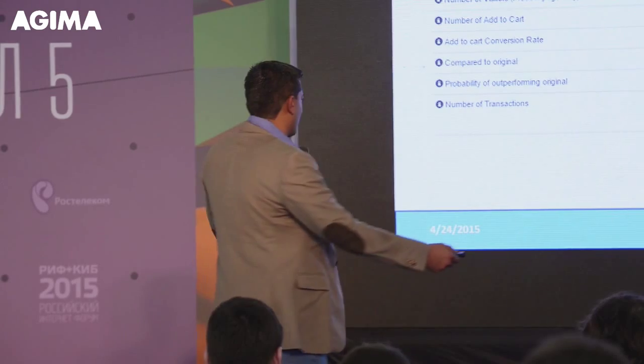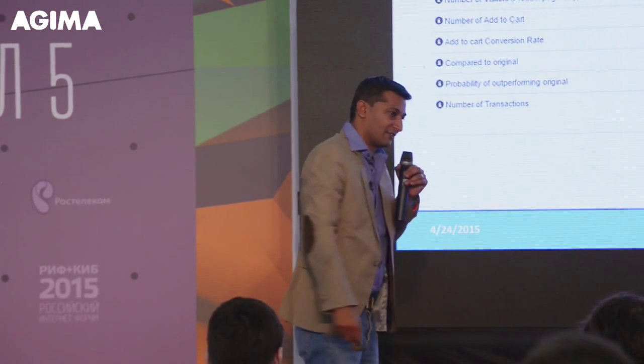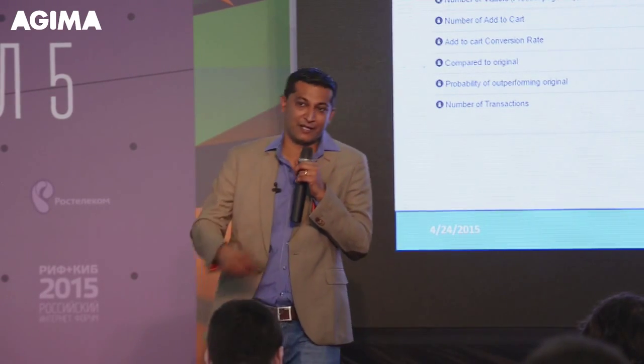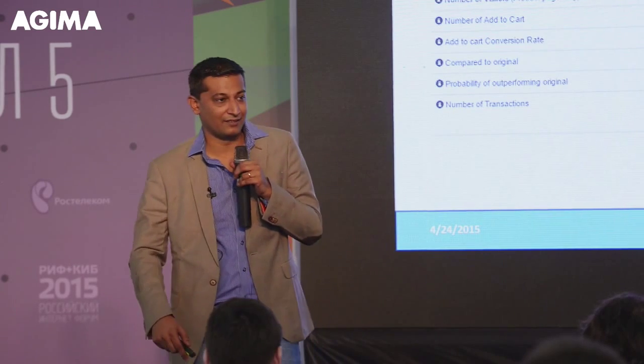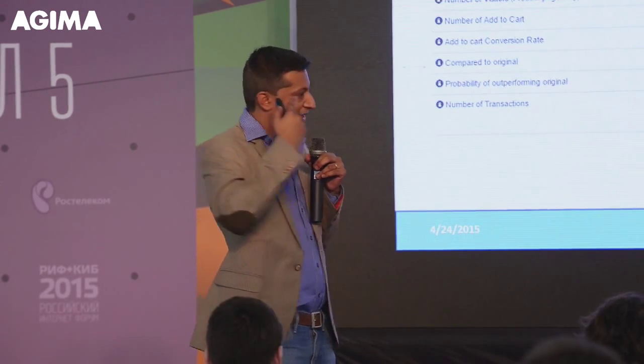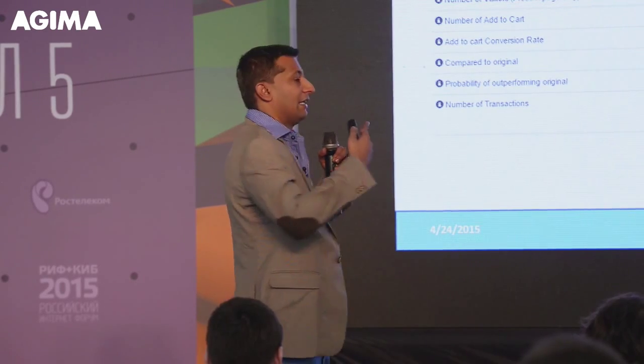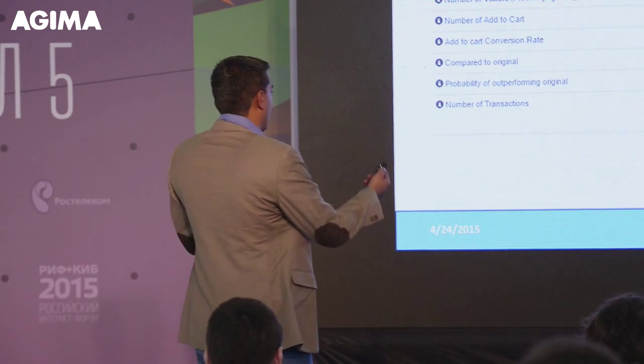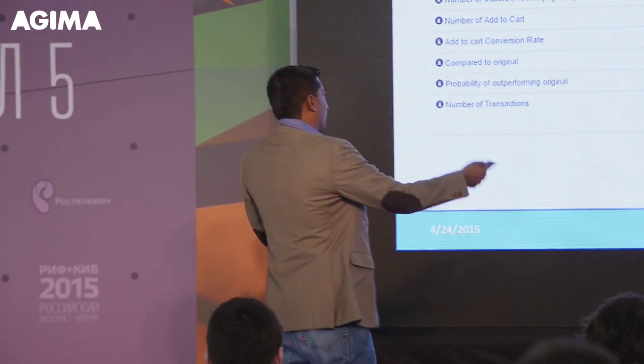We also measured the number of transactions for that product during the experiment, to see whether, when their first impression of the price is 2090, they are still buying or not. And you can see the data that compared to